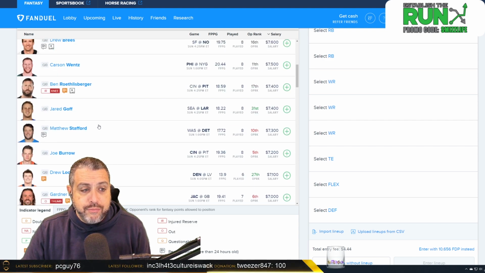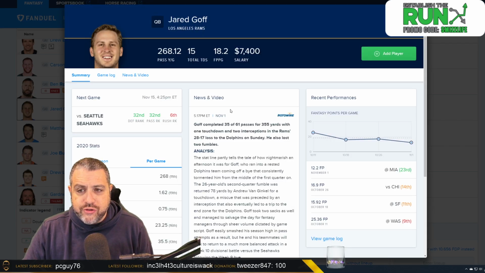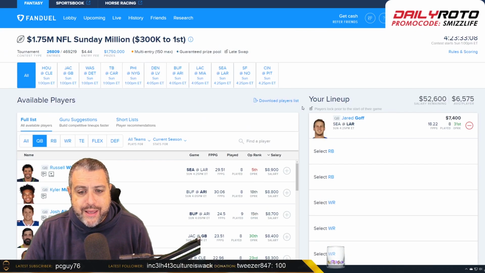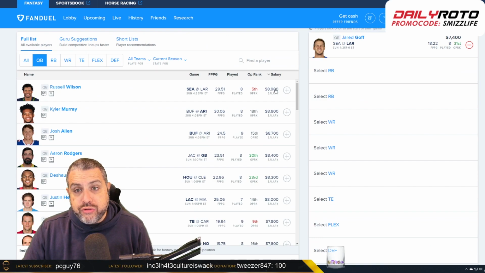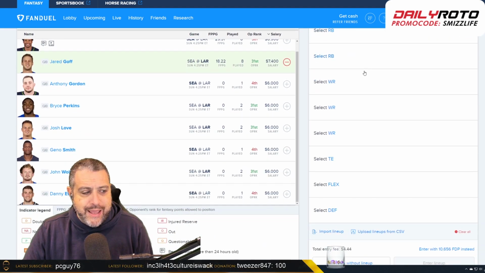But I'm going to go for the upside here with Jared Goff, again trying to capture as much as we can. We know that the majority of the targets for the Rams go to 2 individual players. So sticking Jared Goff in here at 7,400 going up against the Seahawks, as opposed to paying up to 8,900 for Russ Wilson, seems to give us a lot of savings that we can then use. So focusing in on that game,